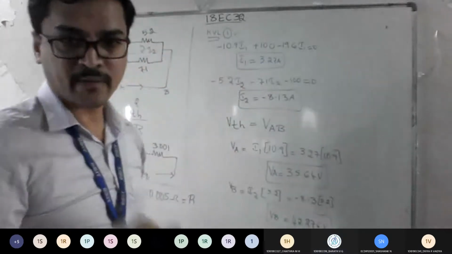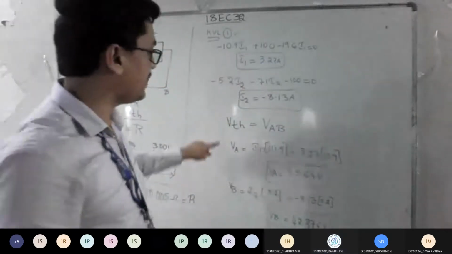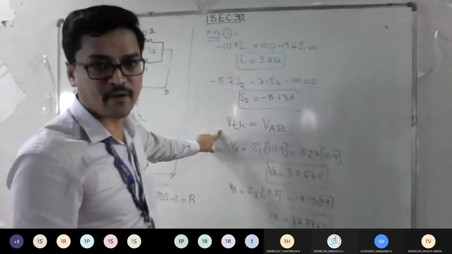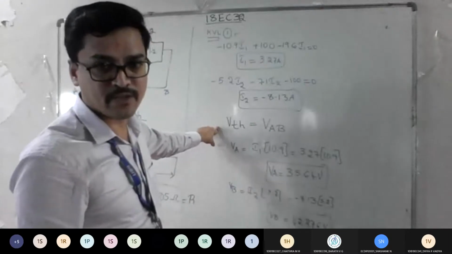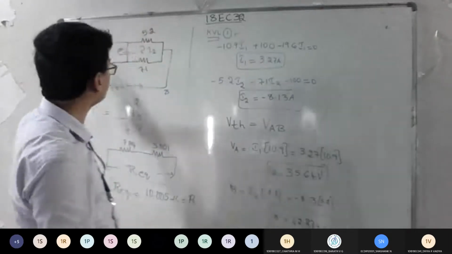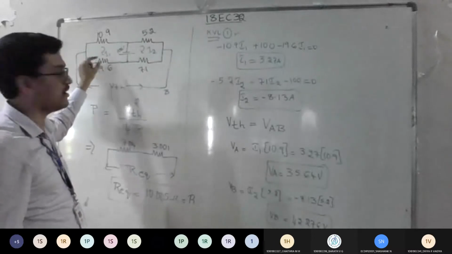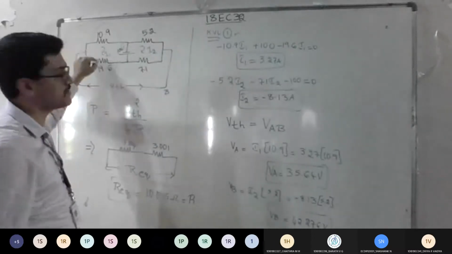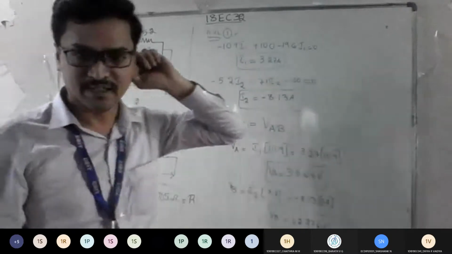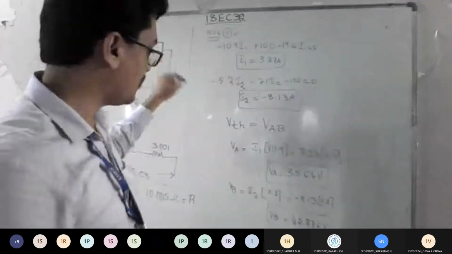So am I clear till here to everyone? See, the ultimate goal is to find VTH. So for that we found the mesh current. Once you are able to find the mesh current, we know that voltages are in parallel, right? If we find it for the parallel, whatever voltage is here, the same thing comes for both. Correct? Is it fine till here? So we have found this.